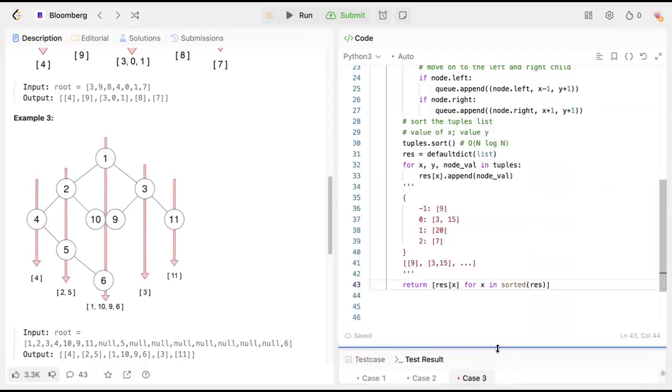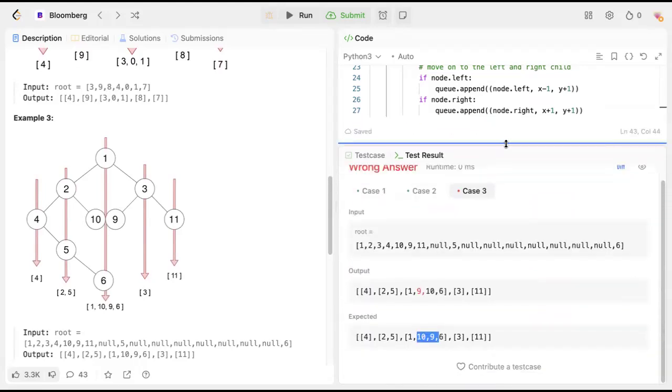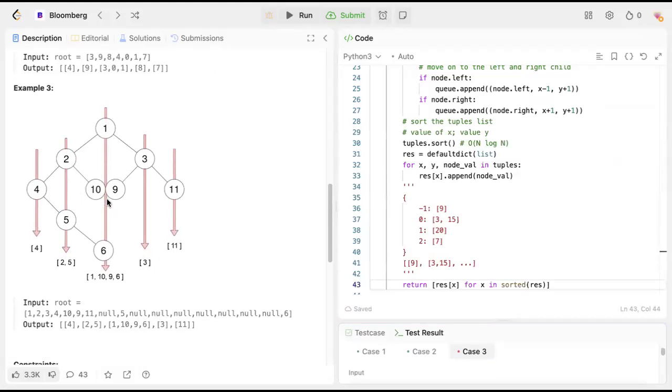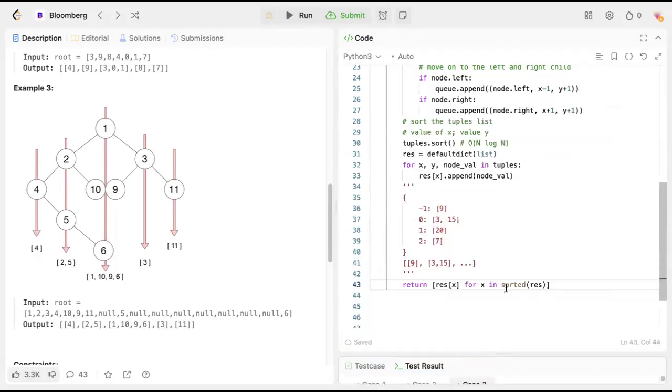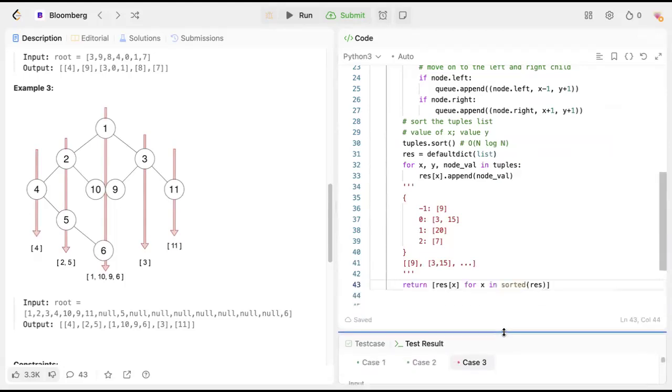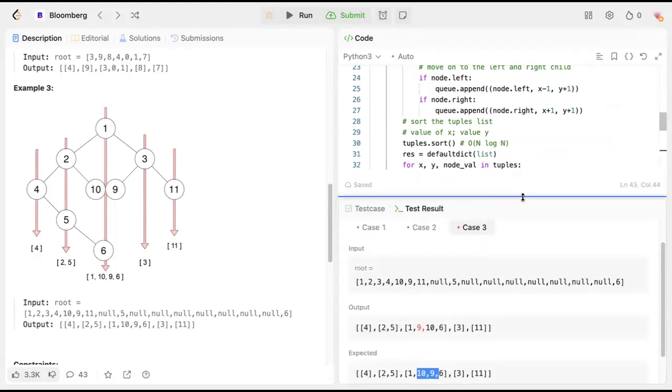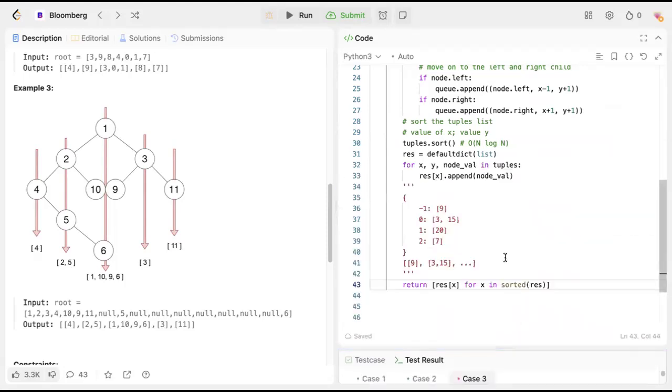Okay. So that means we have something. Oh, okay. That is because 10 is on the left and 9 is on the right. And then we still need to follow the order from left to right, no matter what. Okay. I think we can do